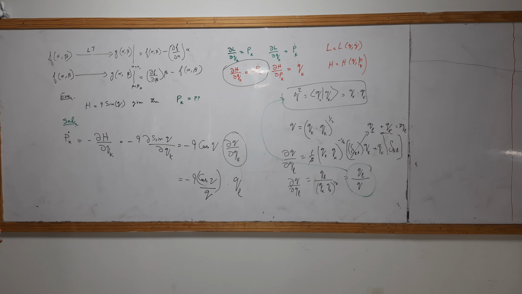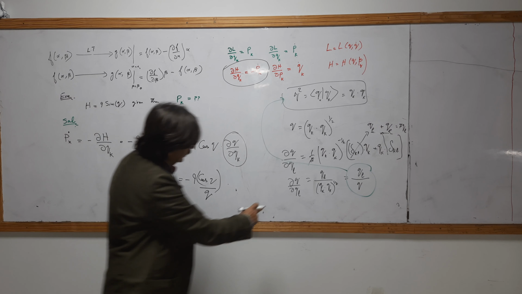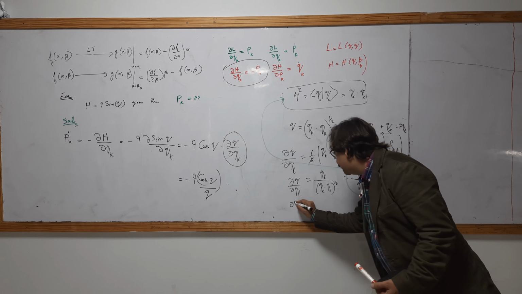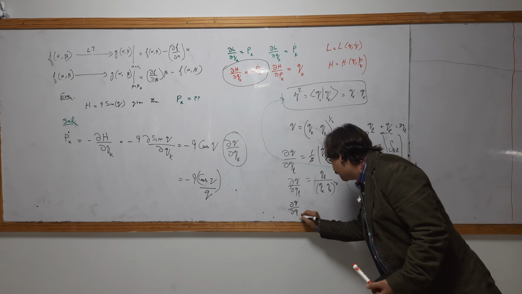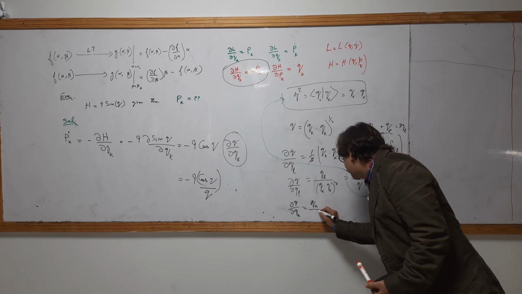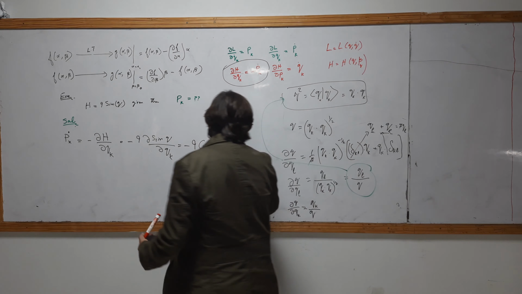But yes, sorry, this is wrong. While if there is L, there will be L. But partial Q over partial QK will be QK over. Okay. So I should write